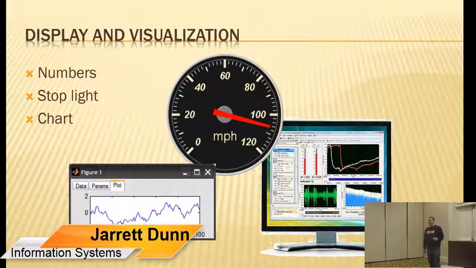Things like the speedometer in the middle are just a quick indication. Once you have the scale, you may not actually care so much about the number, but you know that there's not a change. You're very consistent. It's not jumping around like a number. And then we have just some other